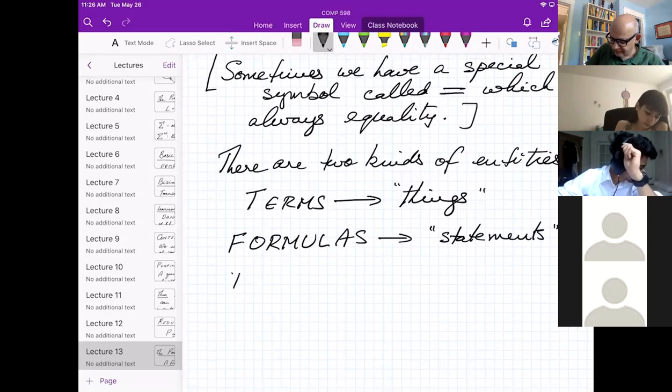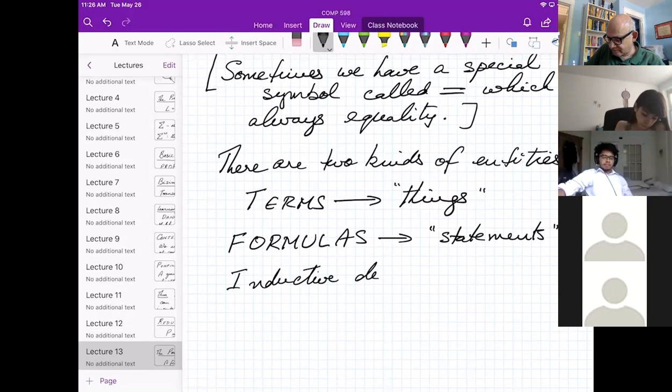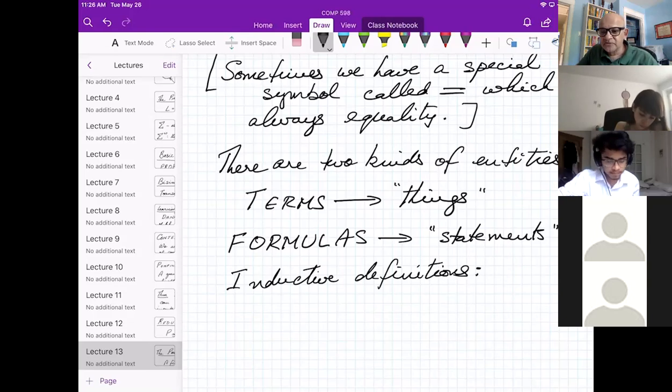So, inductive definitions. A good example to keep in your mind all the time is arithmetic. That's an example of a first order language. We'll have variables n, m, and so on that we typically use to write down statements in arithmetic. We have constants like 0, 1, 2, 3, 17, 29. We have function symbols like plus, which has arity 2, times, which has arity 2, minus, which has arity 2.